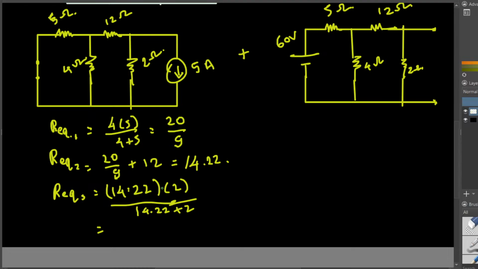So 14.22 times 2 divided by 14.22 plus 2, you're going to get the resistance value 8.333 repeating, or you can put 8.3 repeating like this. Let me double check with my calculator. 14.22 times 2, I get 28.44, and if I divide that one by 16.22,